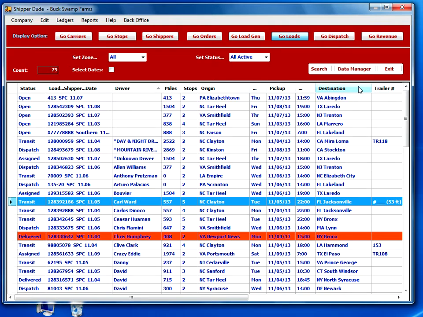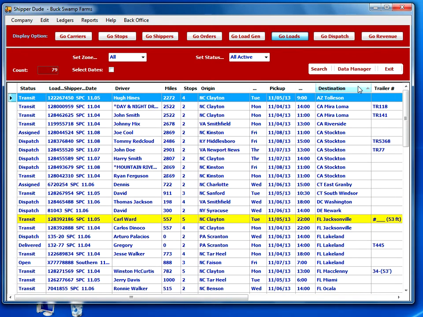Any column can be sorted simply by single clicking it on the top. Here we click the destination column, and because of the way that the loads are put in, state first then city,